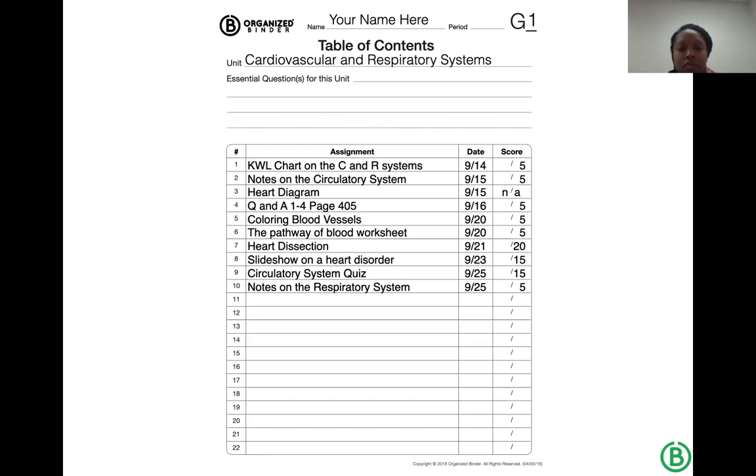And when students write down their score every day, so let's say, I'll just pick one here, I'm handing back number 9, that quiz, the next day. They took it on the 25th and they got 5 out of 15. They write that 5 down. And all of a sudden it starts to connect for students, like the effort and the energy that I'm putting into this course has a direct impact on my overall grade and how I'm doing.